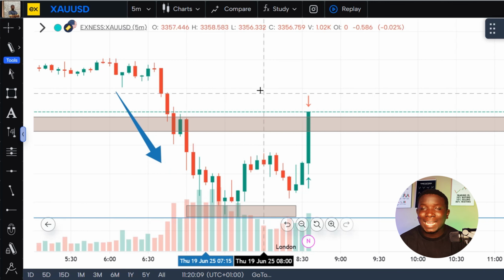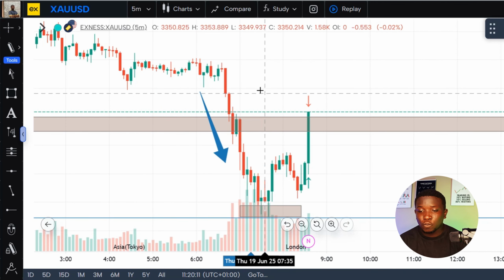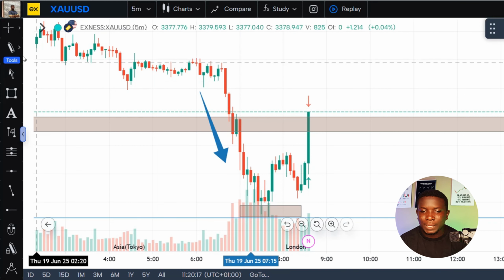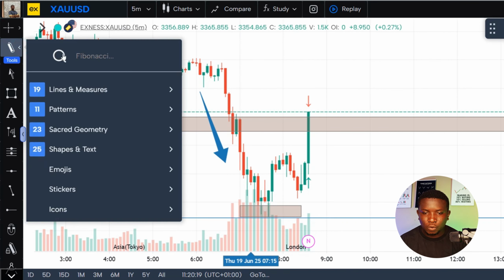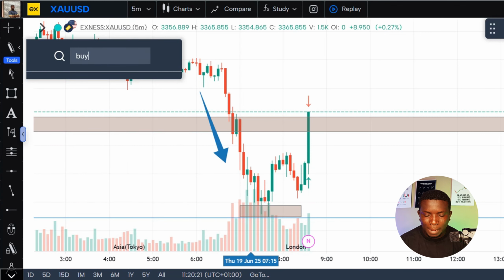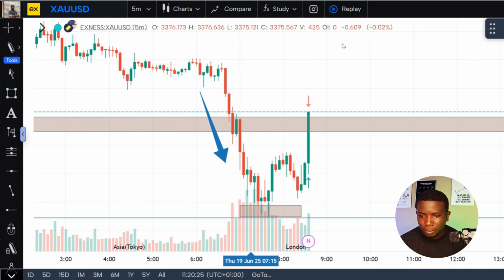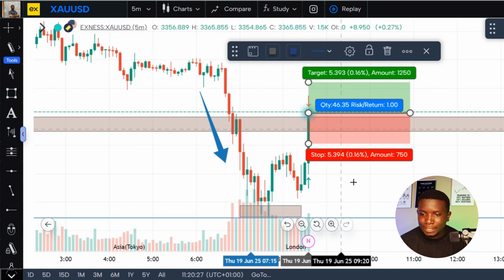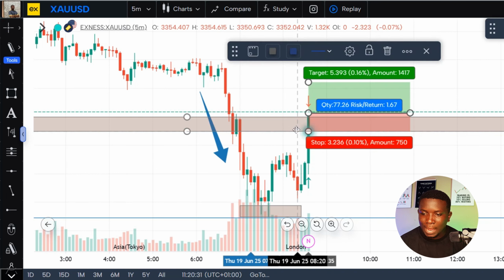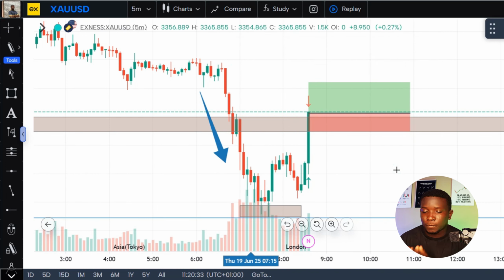So now that the market has closed at that level with a bullish candle with very high momentum to the upside, we're gonna be looking into having a buy position. So right here, we're gonna be going for a buy position. We're gonna be going for a long position from this level. All right, so our stop is just gonna be at this point right here, just at the low of the liquidity we've drawn earlier, okay?